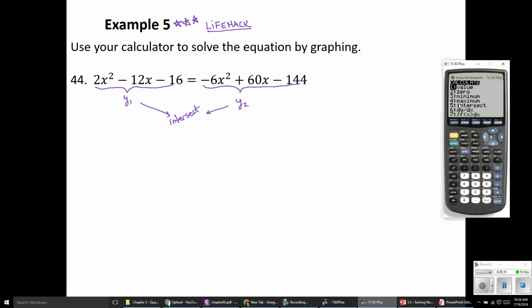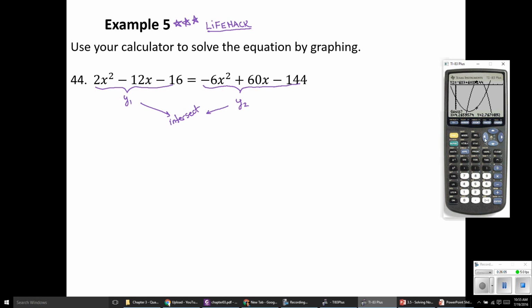So in that calculate menu that we've used for values and zeros so far, you can also use it for minimums and maximums, which is a nice way to check our vertex work that you often have to do. Option 5 is intersect. Okay, so it's looking for an intersection. It's asking what's the first curve, and you can see it has a cursor on the first graph that we typed in. So we'll hit enter. Yes, that's our first curve. The second curve, yeah, it's kind of hidden up here, but they have the cursor on that second graph we typed in. So we'll hit enter, and you'll see there are 2 different intersections.